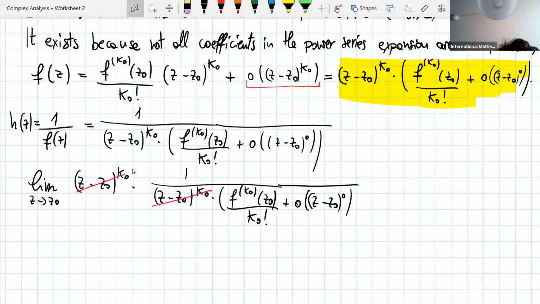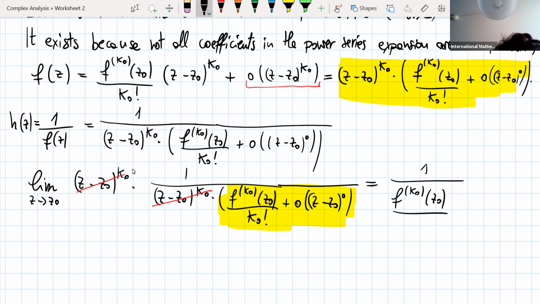But this function below tends to f^(k0) of z0 over k0 factorial when z goes to z0. This now is equal to 1 over f^(k0) of z0 over k0 factorial